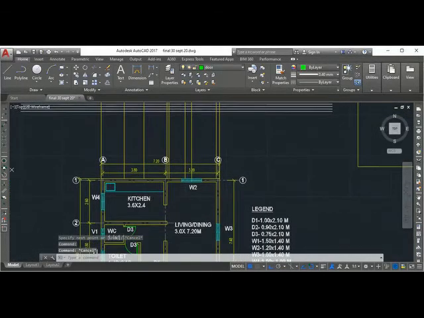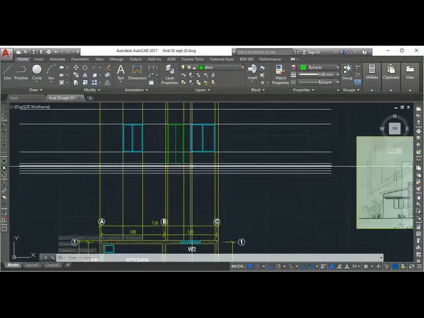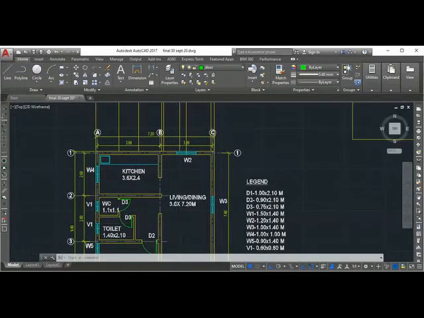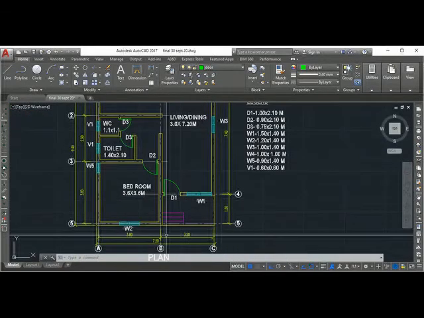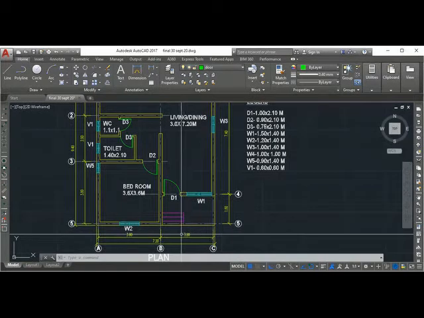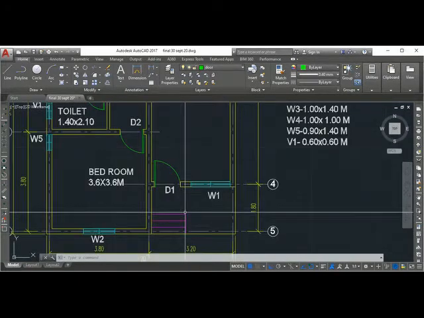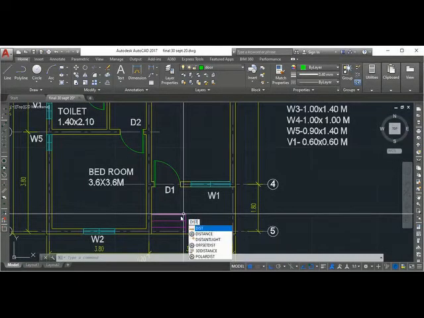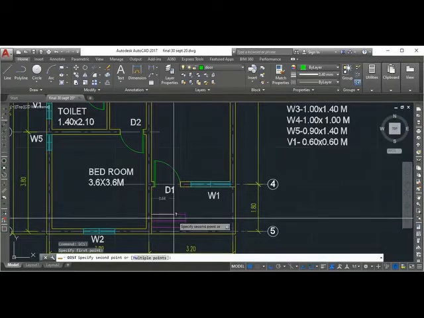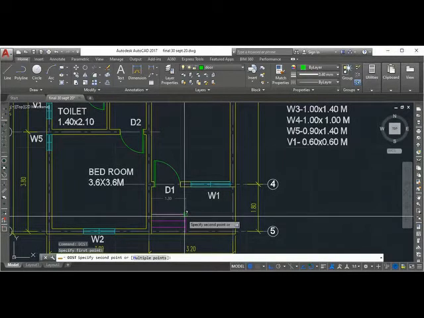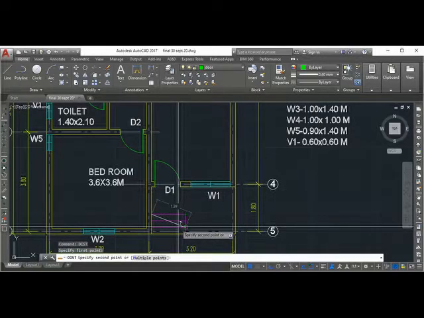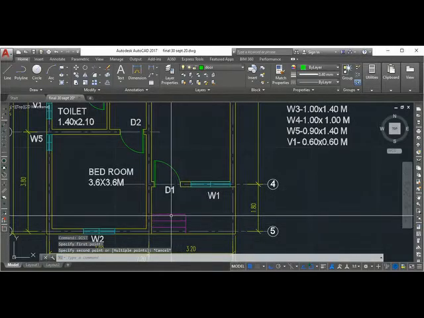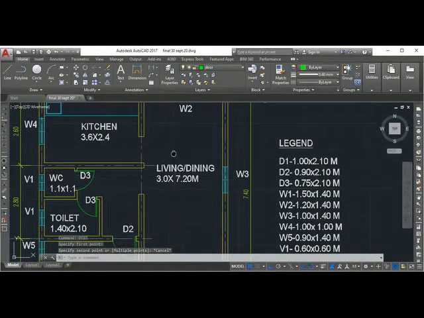Now we want to draw the steps here. You can see the steps are starting from here to here. You can see what is the distance, dist, from here to here is 1.3. So this opening 1.3 is the width of the staircase steps. So go down here.